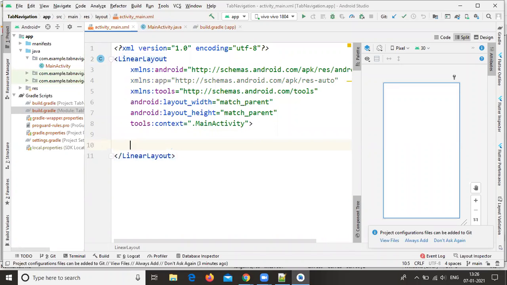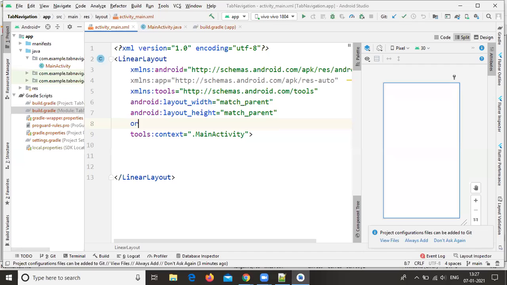First of all you need to create the tab layout, and give the orientation as vertical. Now create the tab layout.